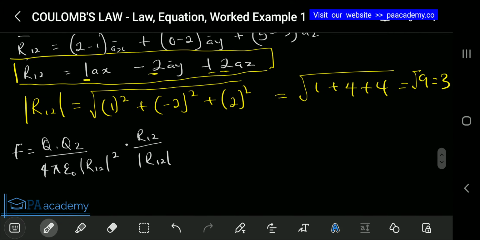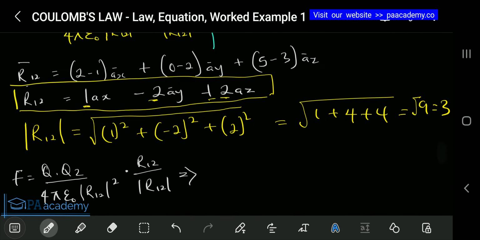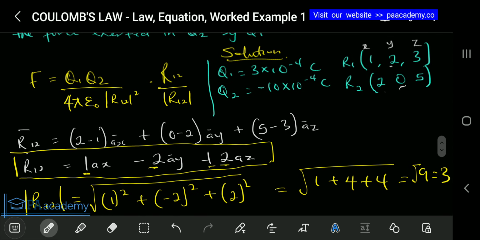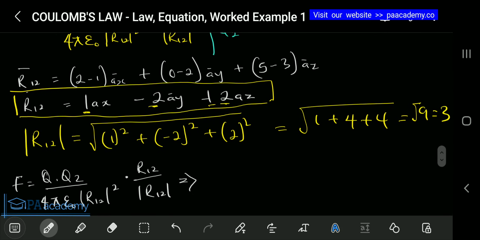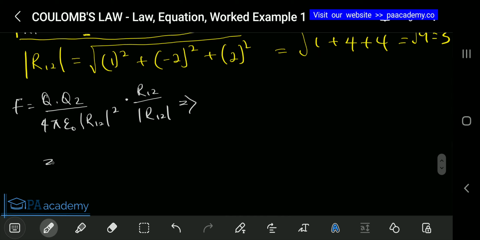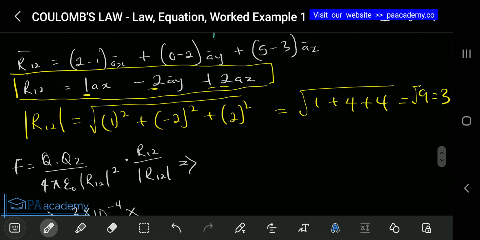Okay, so in doing this, our Q1 is 3 times 10 raised to the power minus 4, which is this. So let me do it on a new line. So 3 times 10 raised to the power minus 4